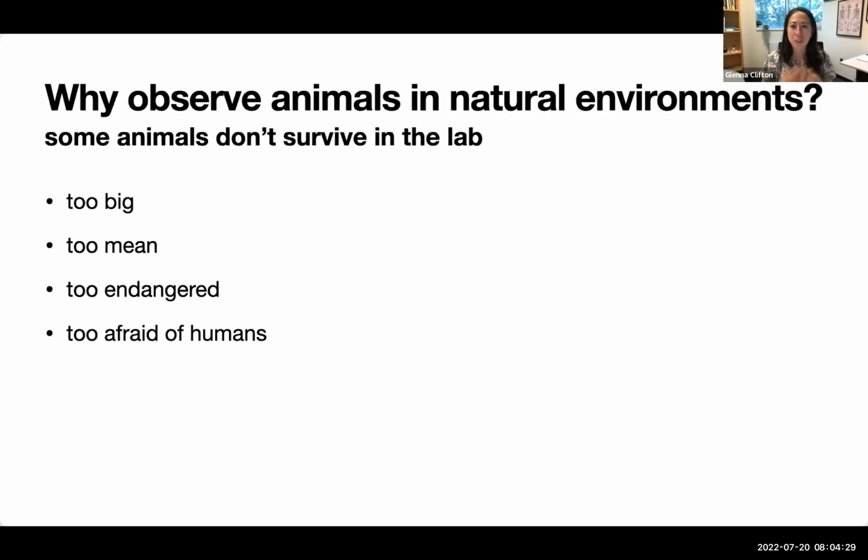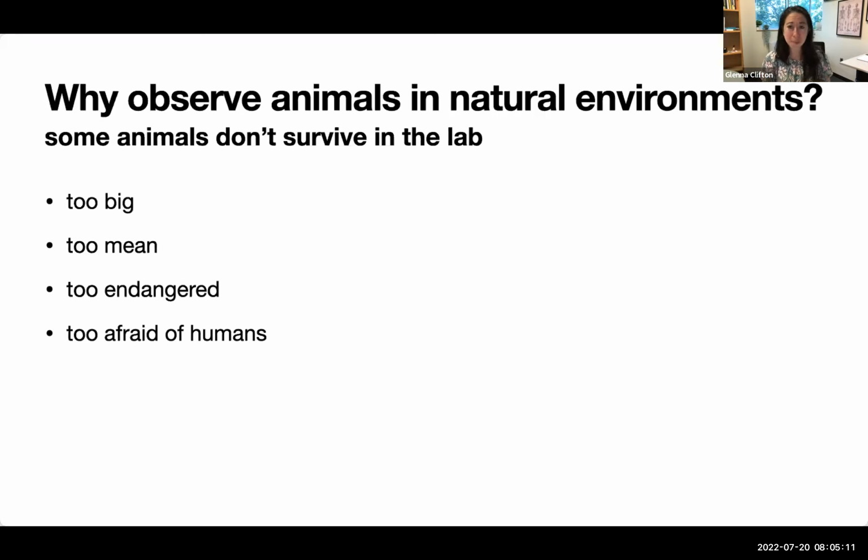To the very extreme, there are many animals that just don't survive in lab conditions. For example, I studied loons for some of my past research, and they're so afraid of humans, it stresses them out so much that they die in captivity within three days. So there can be a huge extreme of animals not surviving in the lab, which can really limit the species that we're looking at. I'm sure you know many of the model systems that we tend to gravitate towards, whether it's rats and dogs or guinea fowl, turkeys, bluegills, lamprey, knifefish, fruit flies, cockroaches. The standards are partially standards because they survive so well in the